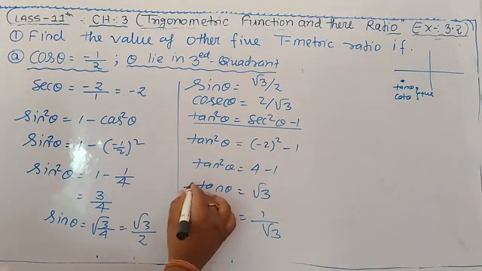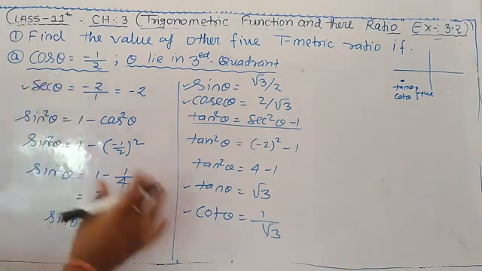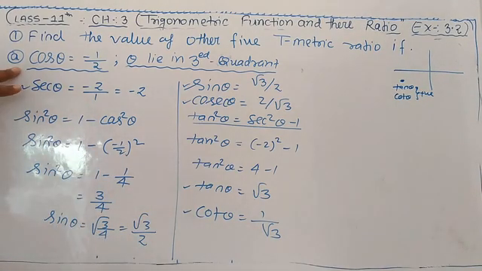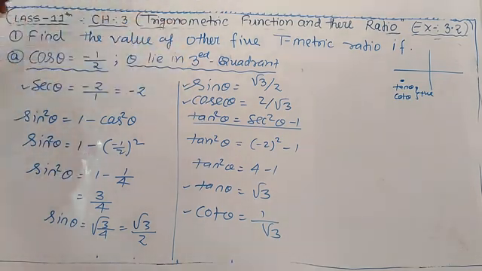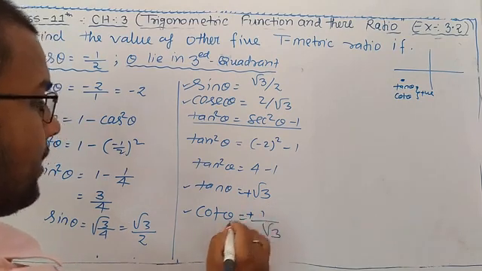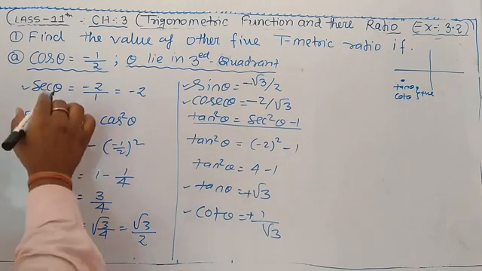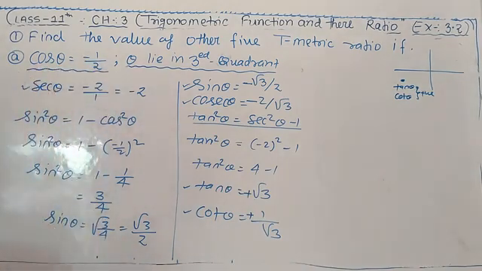First, second, third, fourth and fifth. The 5 trigonometric ratios are found when one ratio is given. Very very important, theta lies in the third quadrant. Third quadrant means tan theta and cot theta positive, other negative: sine negative, cosec negative, sec negative and cos negative. Write them student. First example.